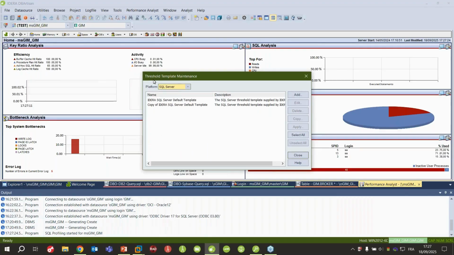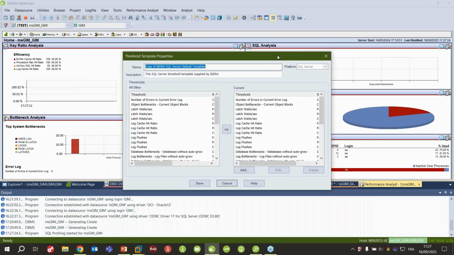If I go here, I can define some thresholds in my database. Depending on the platform you are using, you always have a default template that you can duplicate as many times as you need. From this copy of the default template, you can edit many different rules and define some thresholds.